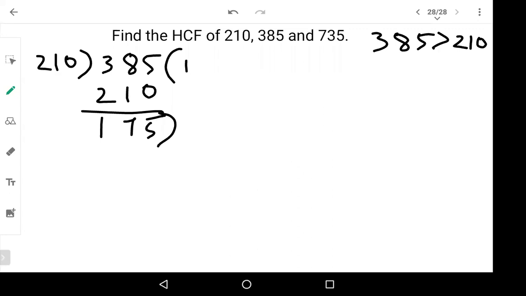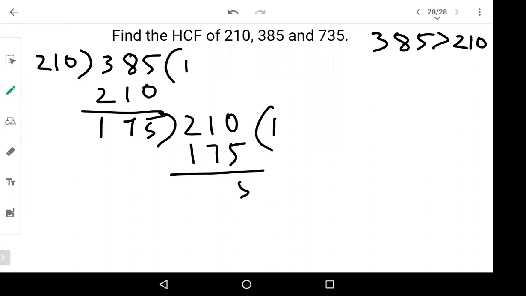Okay, others concentrate here. So 175 we have got. Now we are going to take 210. Now here again I have to take ones because twos will become more. So that is 175. Yes. Now here 10. 10 minus 5 is, final HCF is also 35. Good. Okay, Aishu. Good. So 10 minus 5 is 5. Here it is 0. I'll take a borrowing again. 10 minus 7 is 3. So 35.